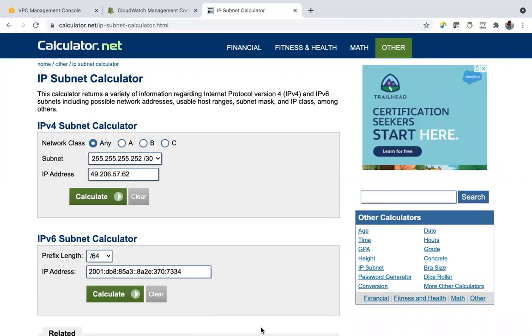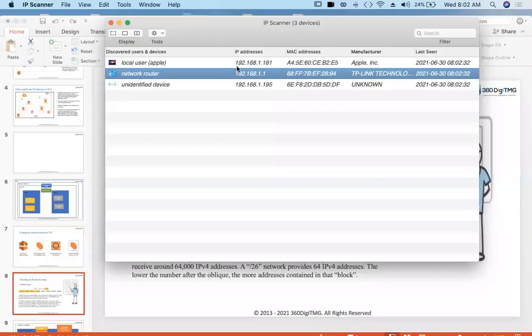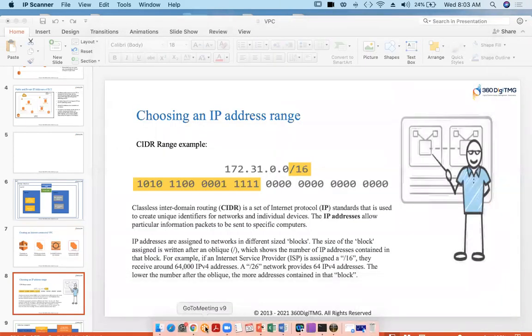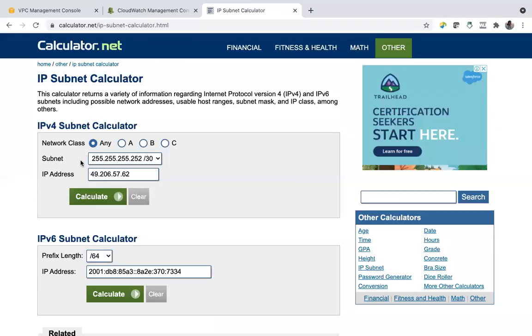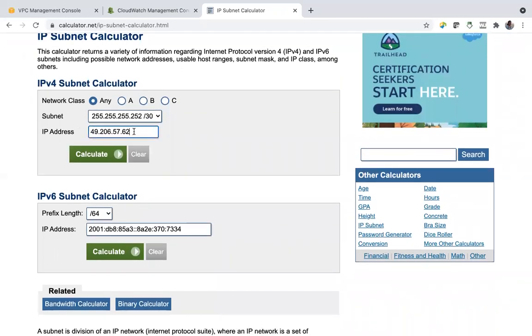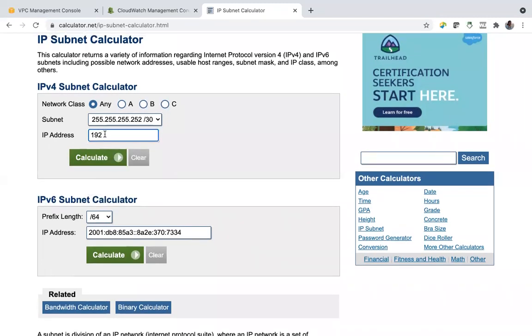Let's use this one. This is my router, right? 192.168.1.1. This is the IP of my router. Let us use this here. Say IP address 192.168.1.1.